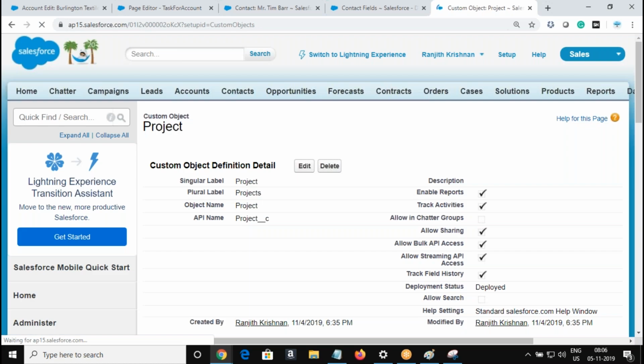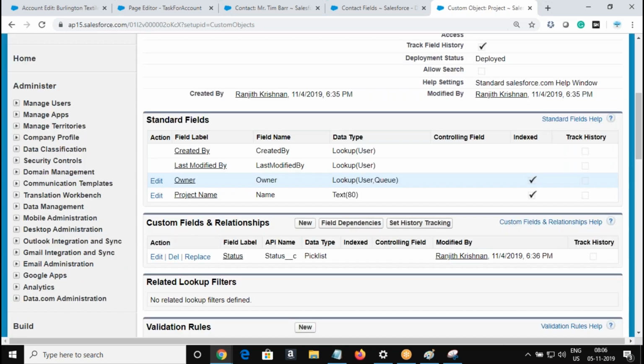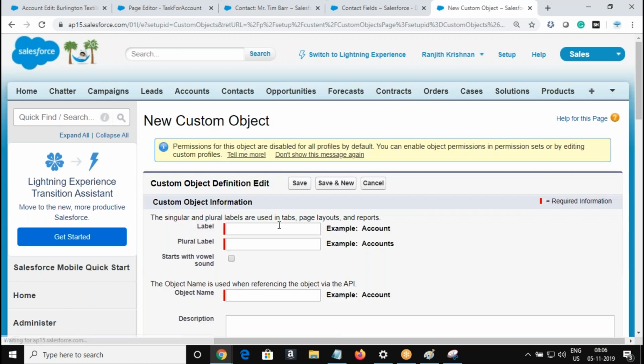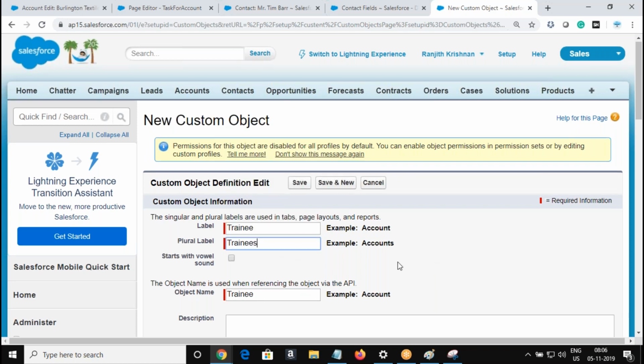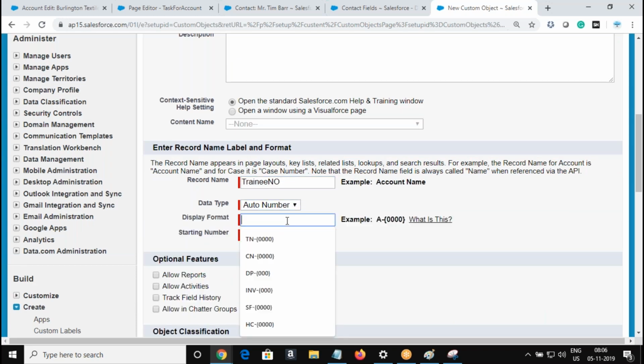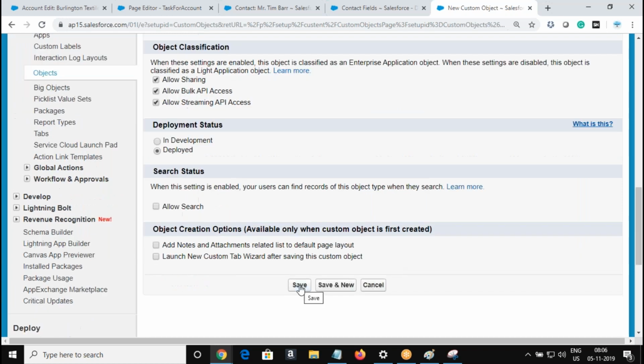Right now, I'm going to create one more object, trainee. Trainees, making it an auto number field, because we are going to create first name and last name as text fields. Okay, save this.